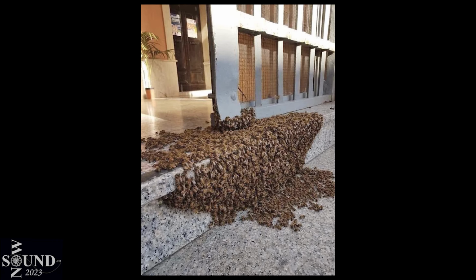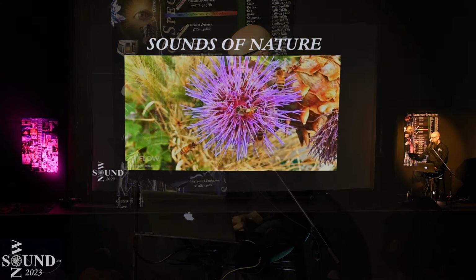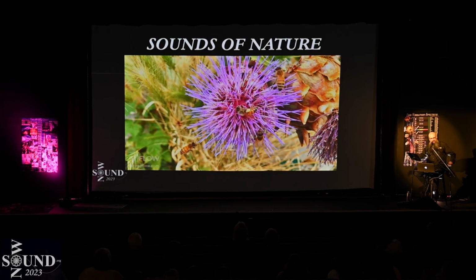But what do we do? We spray them and try and get rid of them. What you're supposed to do is get a little plate of honey or just some sugar, and then they'll get their energy, and then they'll move on and set up their nest somewhere else. So they flap their wings at 180 times per second.